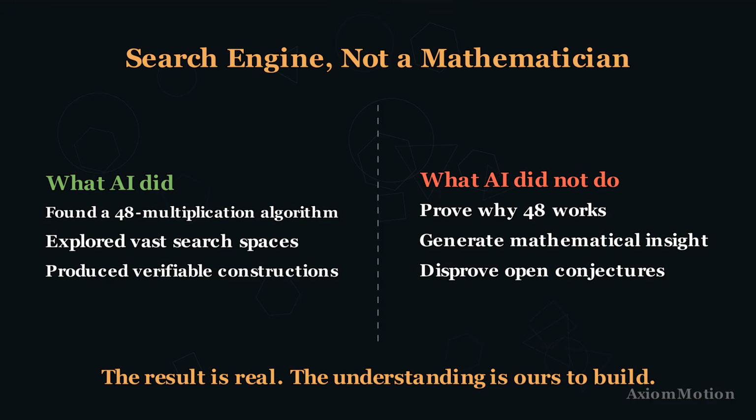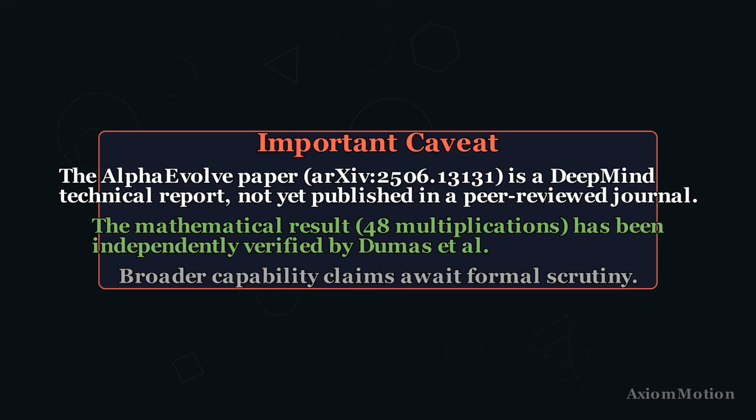It cannot prove theorems. It cannot explain why 48 works. It finds candidate constructions in a vast space, and humans or formal verification systems confirm them. The result is real. The understanding is still ours to build. One more caveat. The AlphaEvolve paper is a DeepMind technical report posted to arXiv. As of today, it has not been published in a peer-reviewed journal. The mathematical result itself has been independently verified, but the broader claims about AlphaEvolve's capabilities across other domains await formal